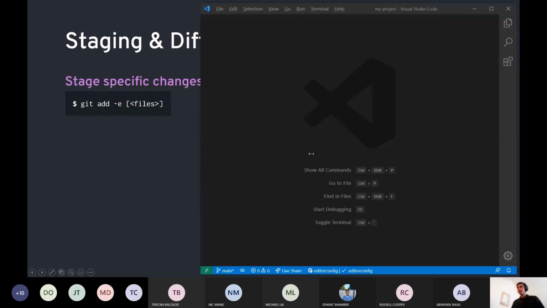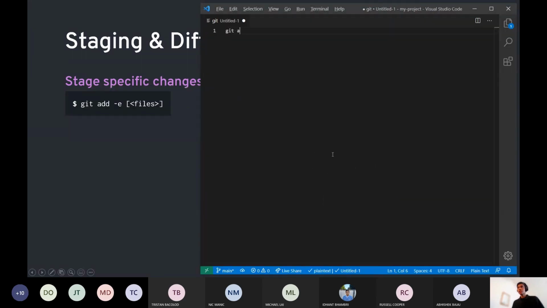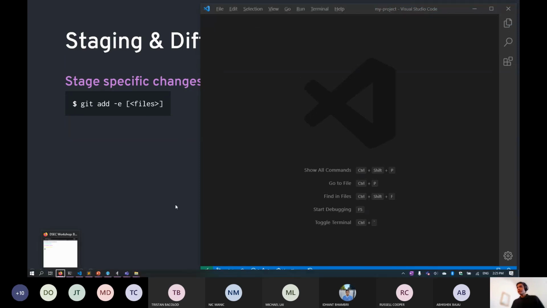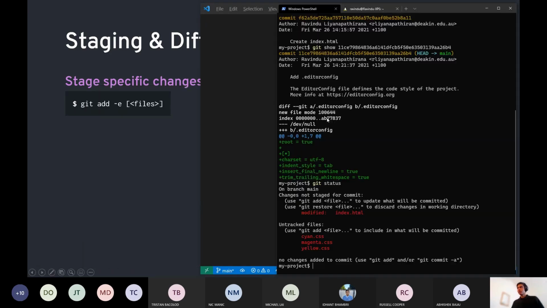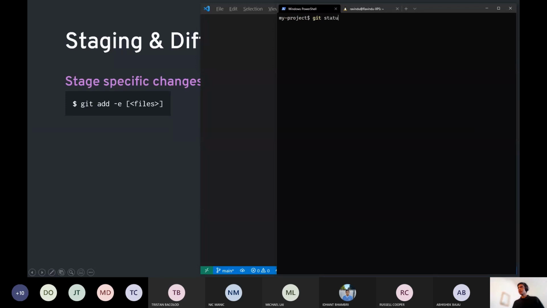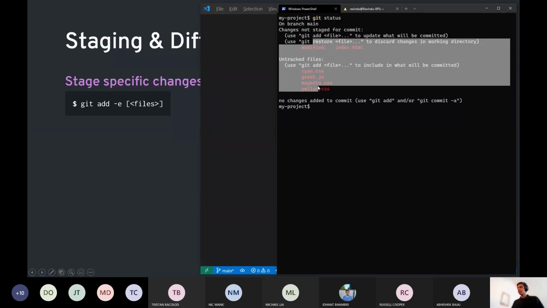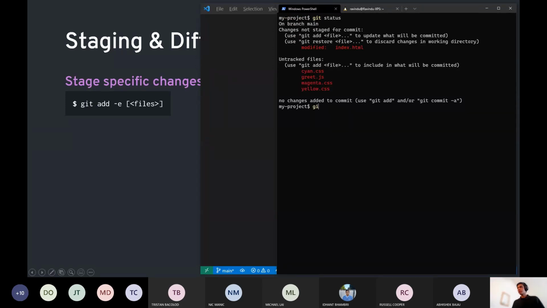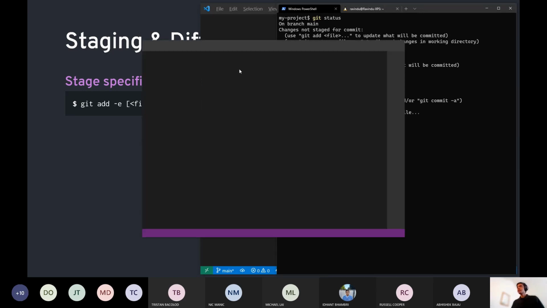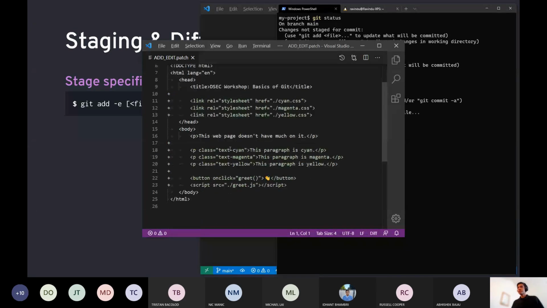So remember the command to actually stage changes, which was git add. We can use the -e flag with that command. This shows us all of these changed files. I could do git add with that file, but then I could specify the -e flag to specify what changes I want to actually be staged.